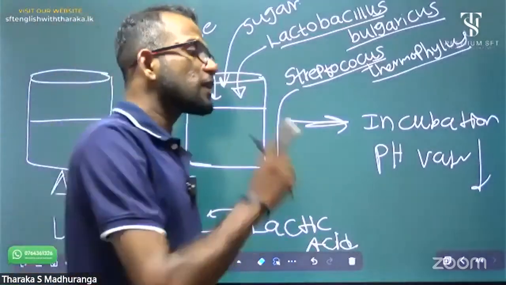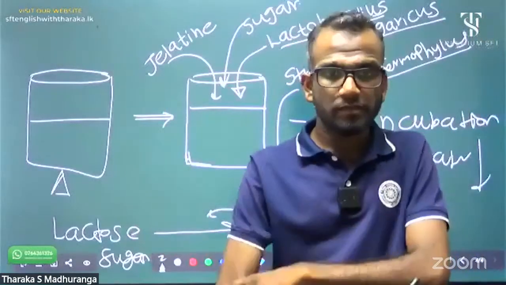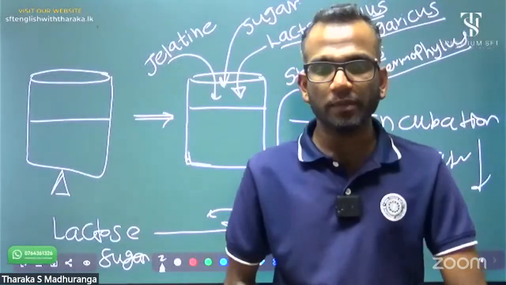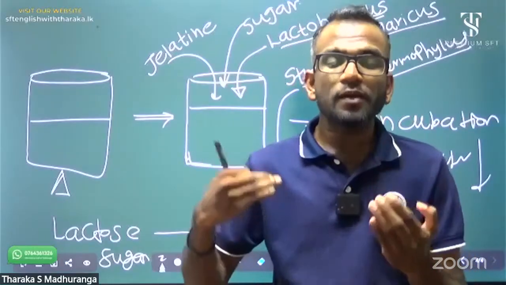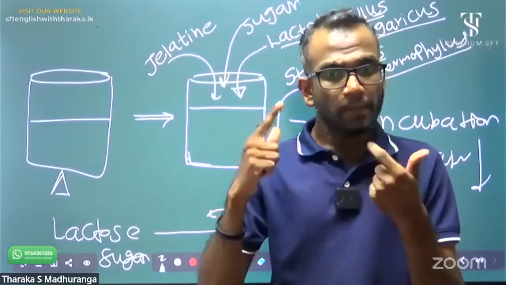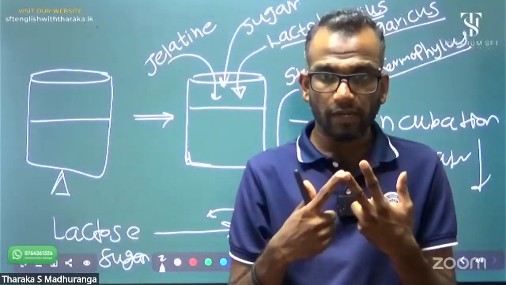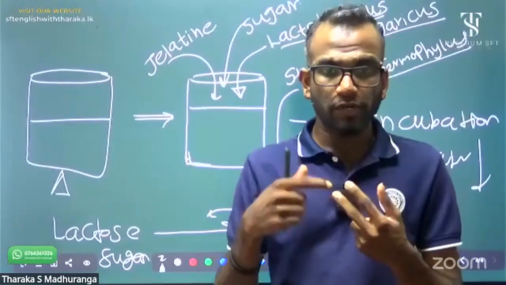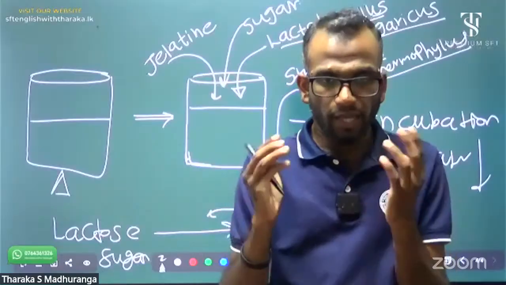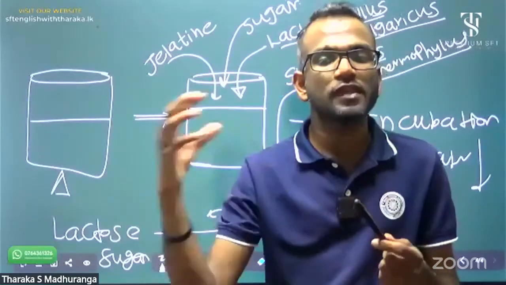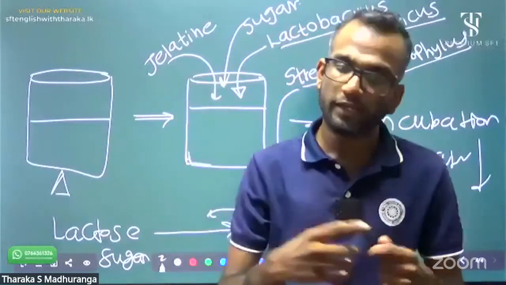You have to remember this casein denaturation process. Why casein denaturation? Due to low pH level. I think you can remember this from the biomolecule lesson. There are three main factors of protein denaturation: high temperature, pH value, that means acidic and basic conditions, and heavy metals. Due to any of these factors, proteins denature. As an example, egg boiling. Normally egg albumin is in liquid form, but if it is boiled, it denatures and the albumin coagulates.